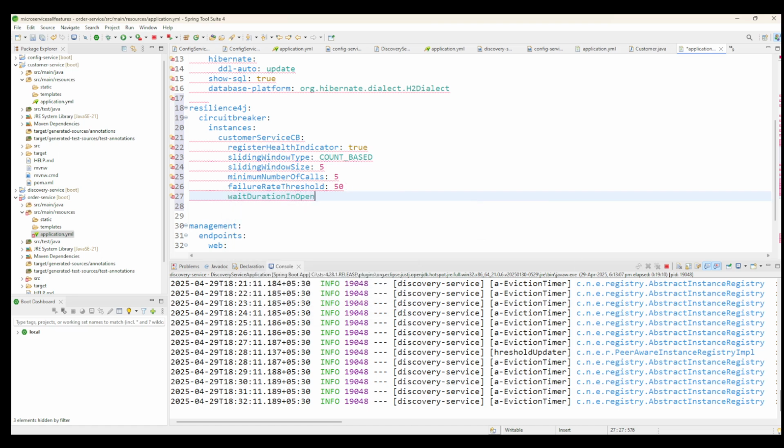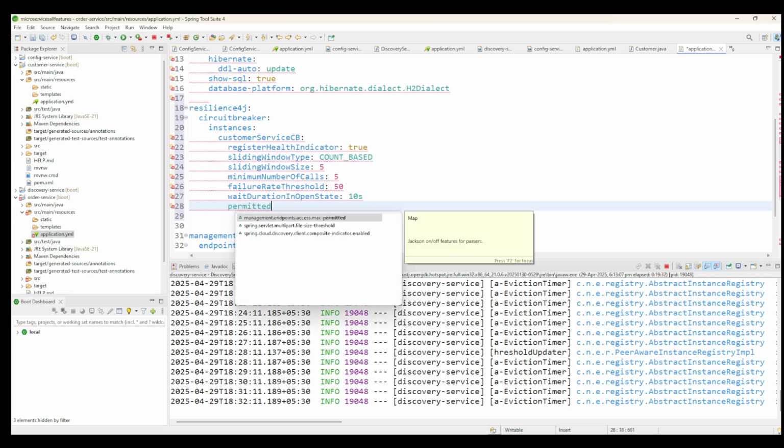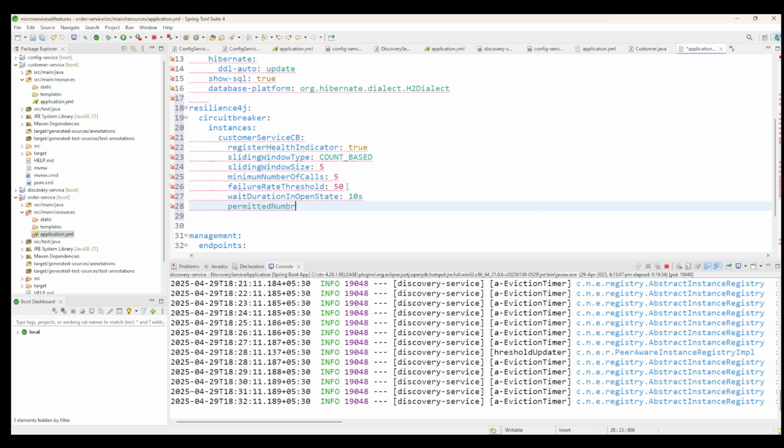in open state. This is like there are open state, half open state, and closed state. Closed state means it is a healthy path scenario wherein the request is coming and it is allowing to pass in, and when it comes to open state, like it can remain in open state for 10 seconds. Here is the configuration we are setting, and we can set permitted number of calls